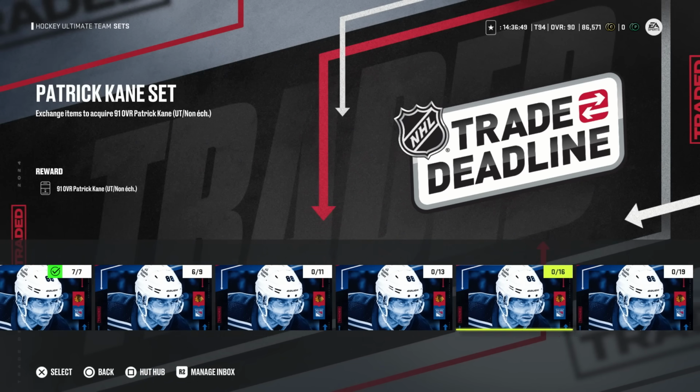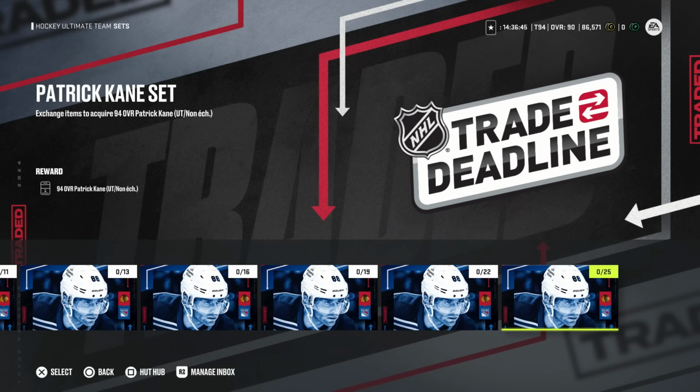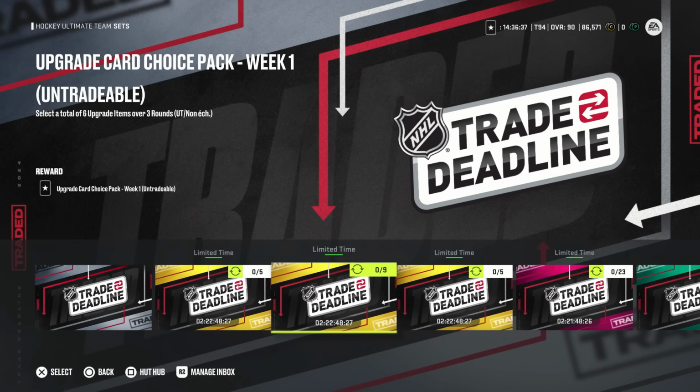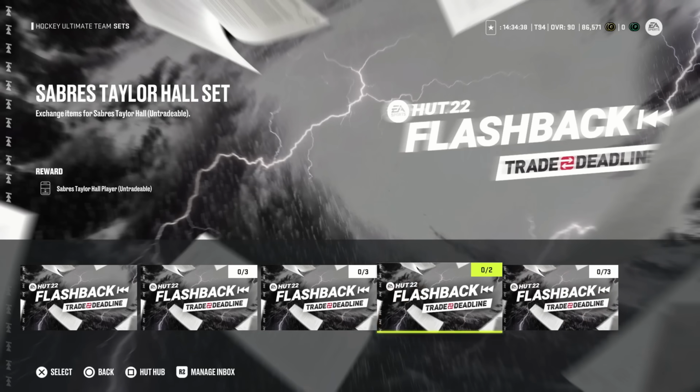Doesn't look like any of the sets were removed, so it's still going to be as expensive as it was before for the Patrick Kane or any of the other MVPs. But there are new sets to try and help make this event a little bit more tolerable. It still sucks, but it's not as expensive anymore. You can make things a little bit easier. Still not great. So when going back to the Taylor Hall, you need 70 of the collectibles,